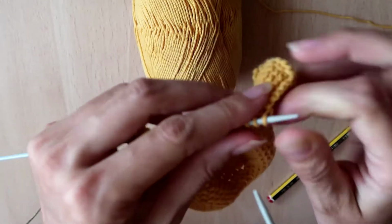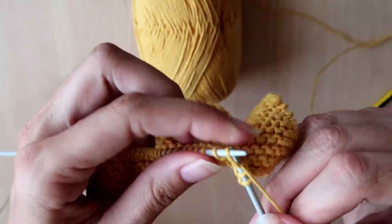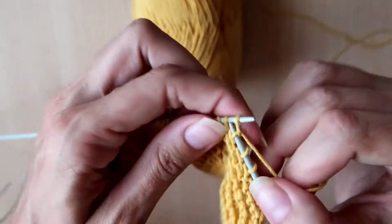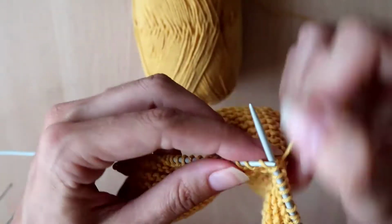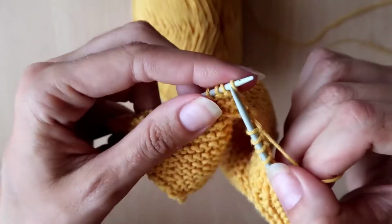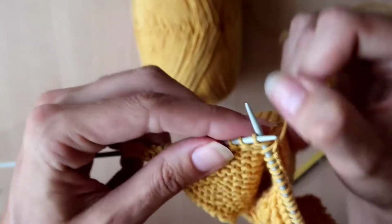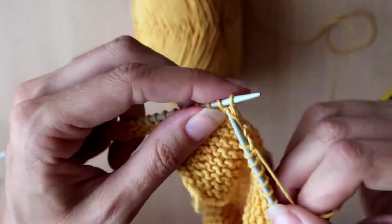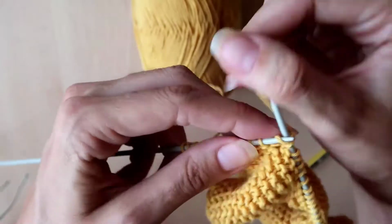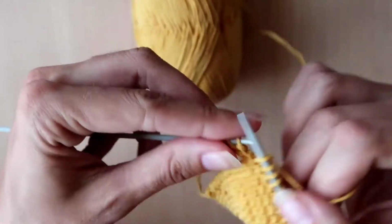So I've done 1 front row, and now I'm going to do 1 back row. Then it would be 2 front rows, 2 back rows, and so on until I do 6. That's just the easiest way for me to do it. I do it in sets of 2 rows. So the front and the back, 1, front, back, 2, front, back, 3, and just like that. Everyone gets their little way of doing stuff, and that's just my one that makes it easier, and I thought I would share it in case you want to give it a try. And if not, just remember that every 6th bubble is every 12 rows,